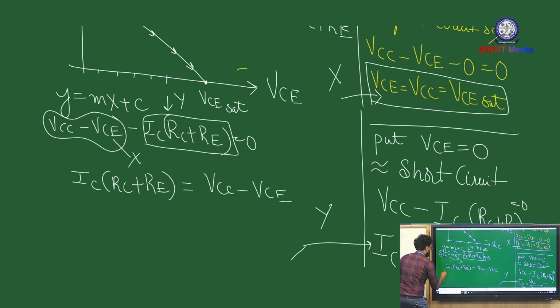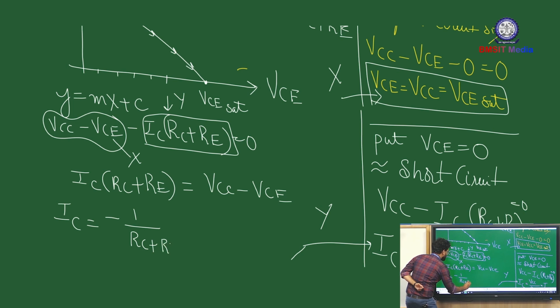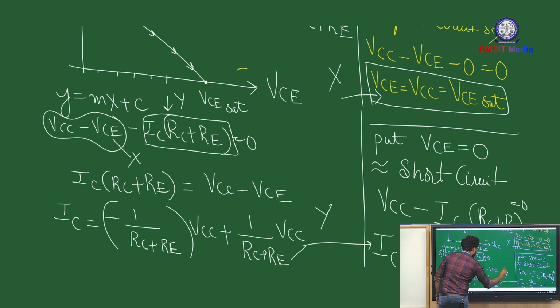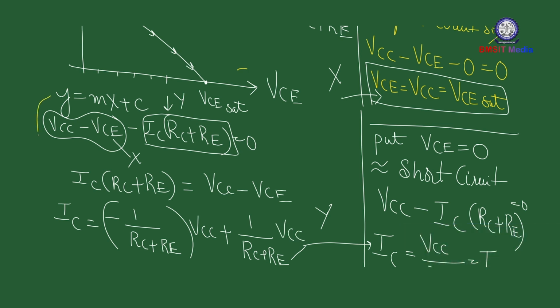Or IC is equal to minus 1 by RC plus RE into VCE, plus 1 by RC plus RE into VCC. Now you compare